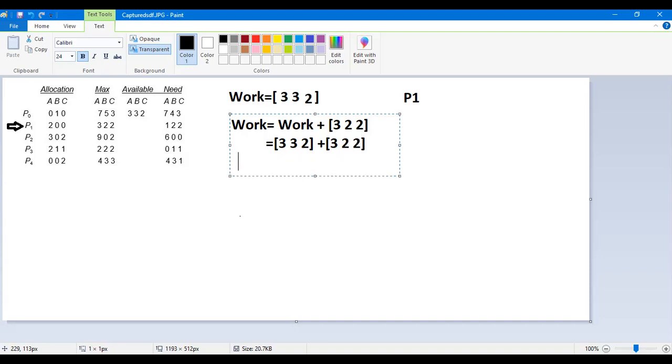Now what will be the final value? 6, 5, and 4. You need to add individually. These values may be greater than 10. So you need to be very careful that you are not adding 332 plus 322. You are adding 332 in 322.